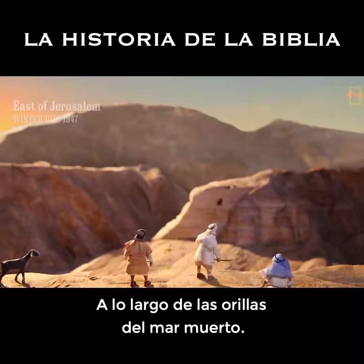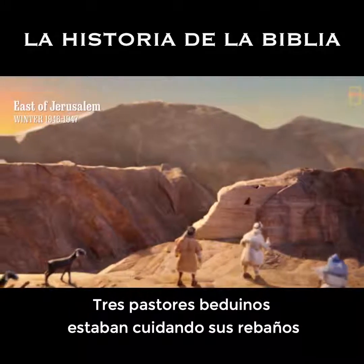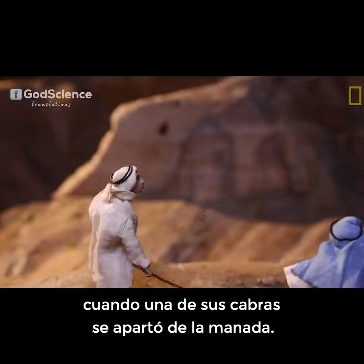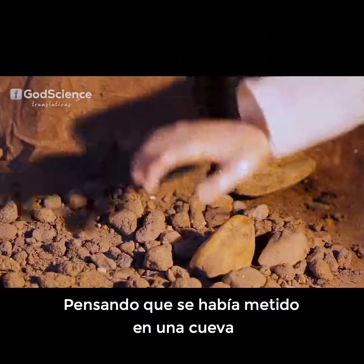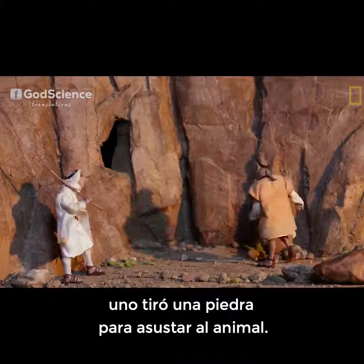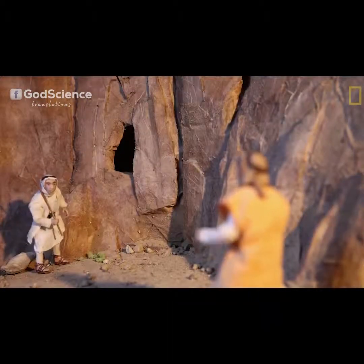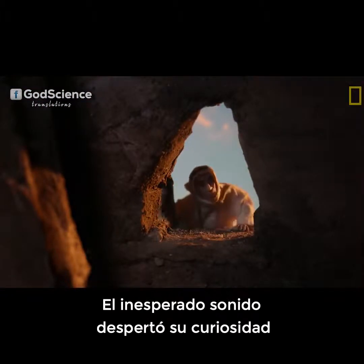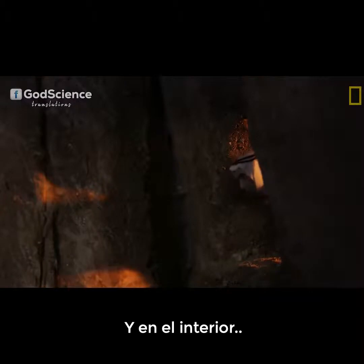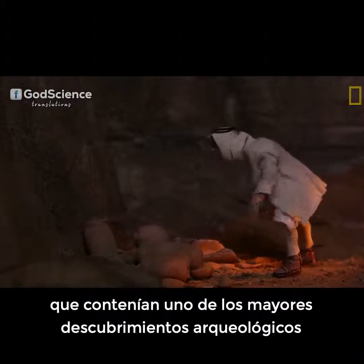Along the shores of the Dead Sea, 3 Bedouin shepherds were tending their flocks when one of their goats strayed from the herd. Thinking it had wandered into a cave, one of them threw a stone to scare the animal out. The unexpected sound sparked their curiosity, and inside, the young shepherds uncovered clay jars that contained one of the greatest